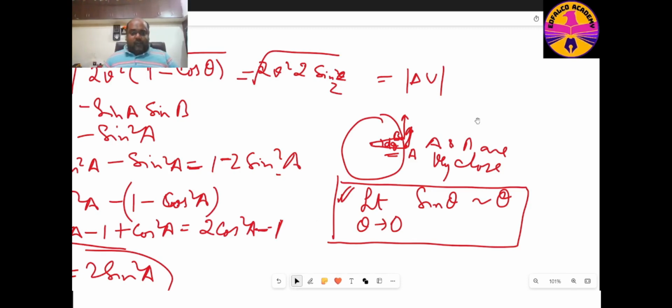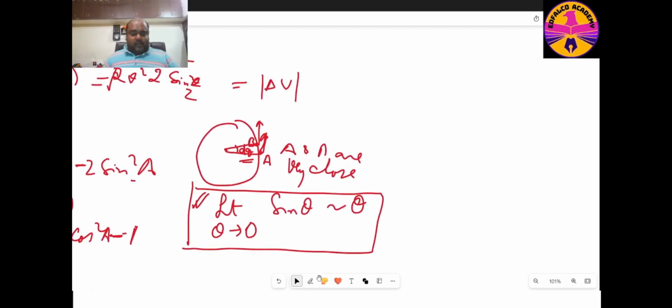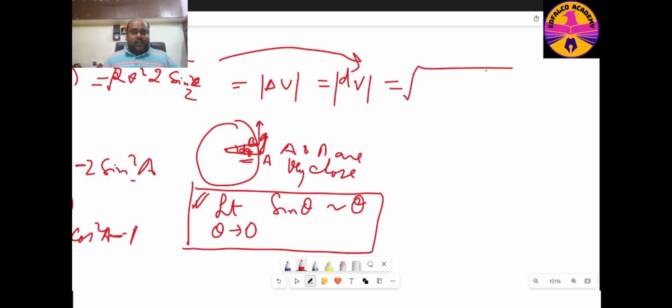So with this in mind, we can write the magnitude of dv as the root of 2v square into 2